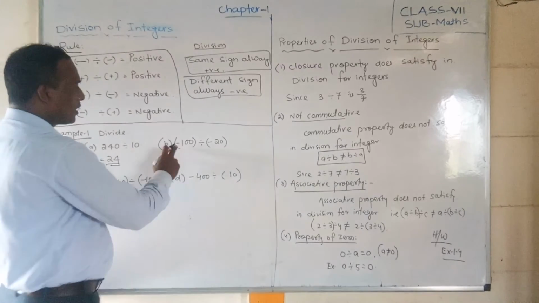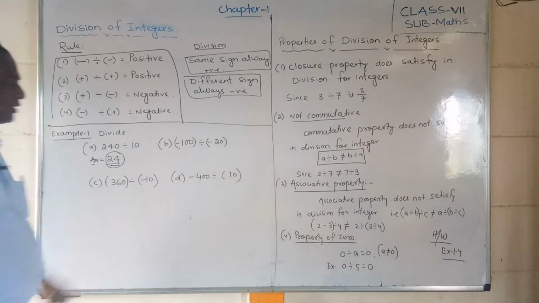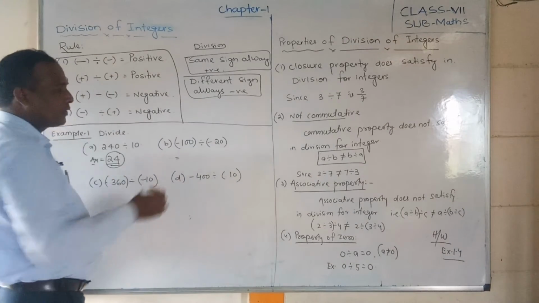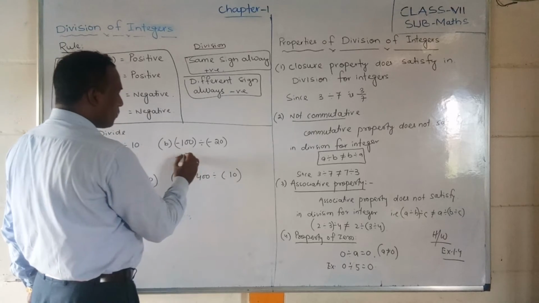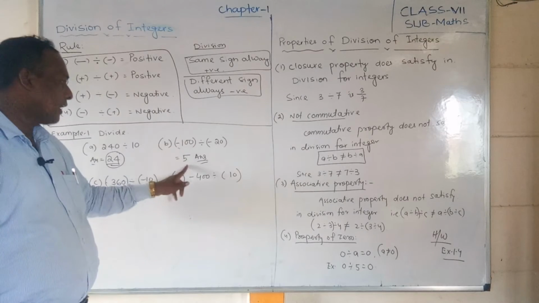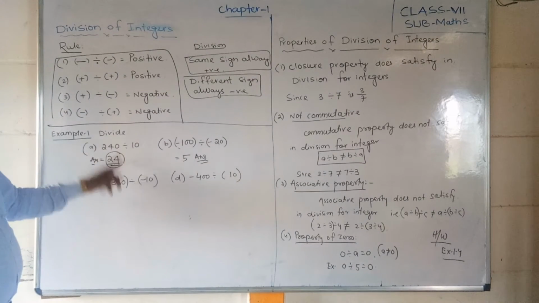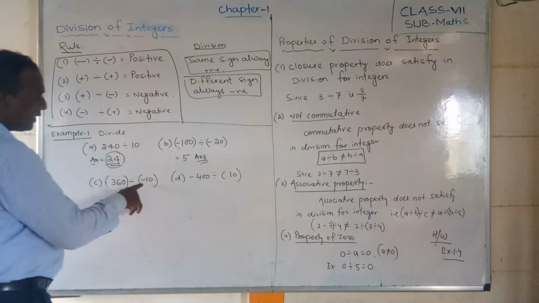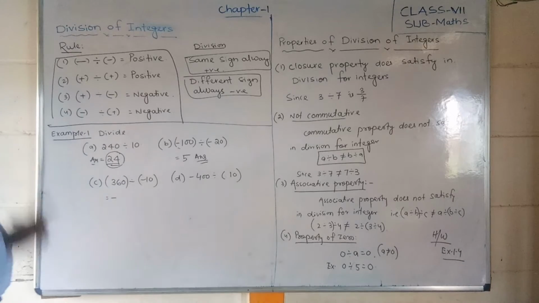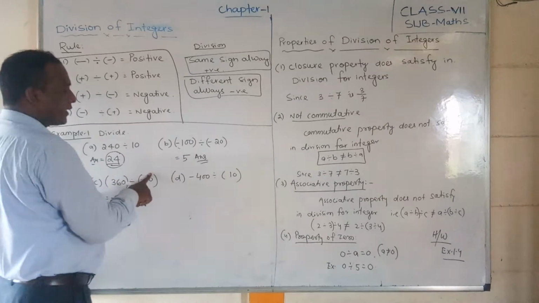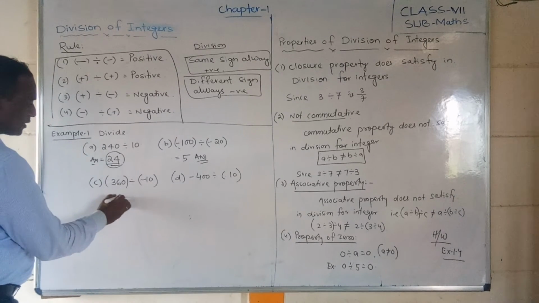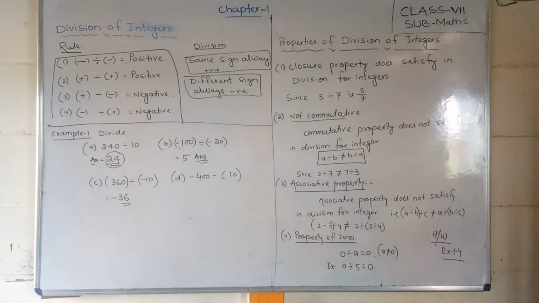Now you observe, students, this is a positive value we got. Same like that, observe this: this is negative, this is also negative, so the answer will compulsorily be positive, and 100 divided by 20 is equal to 5. This is our answer. Okay, we get the positive value because both are negative, so the answer is positive, and when both are positive, the answer is positive. Now 360 divided by minus 10: one is positive, one is negative, so the answer will compulsorily be negative. Remember, students, if one is positive and one is negative, then the answer will always be negative, and 360 divided by 10 is equal to 36, so minus 36.